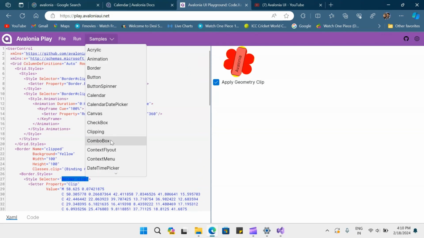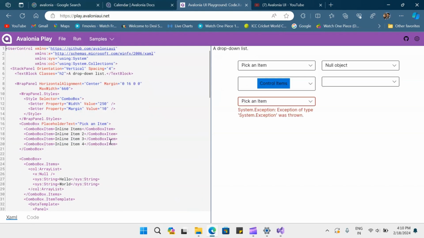clipping control. And then you have the combo box, which are the regular combo boxes here. We have the combo box here with a placeholder text. Avalonia also provides this property to display a placeholder. It is also true for WinUI 3. So you can show placeholder text on the drop downs. Then you have